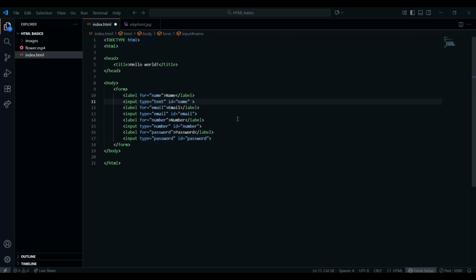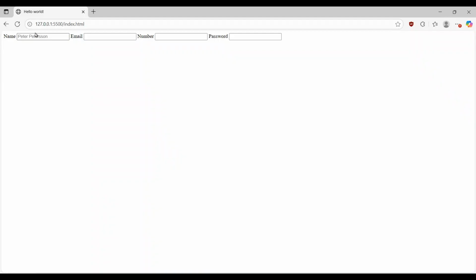of the input place, you can instead write placeholder. And then, for example, write Peter Peterson, and then click save. And then, as you can tell in here, you can see it says Peter Peterson, and then when you start typing, it goes away. So this is basically just for the user to see what to write inside of the